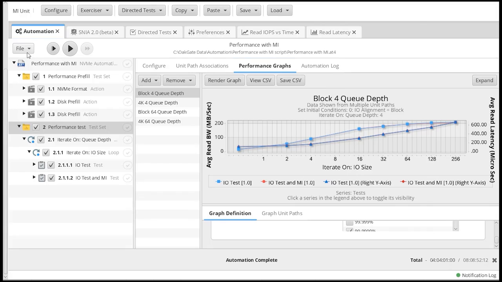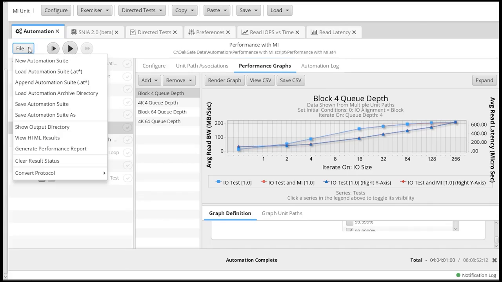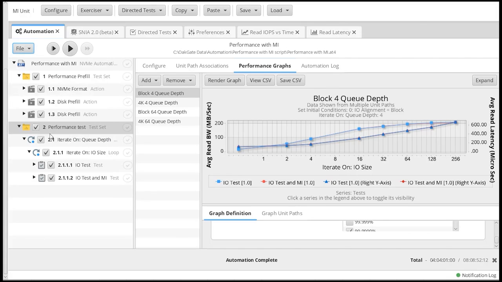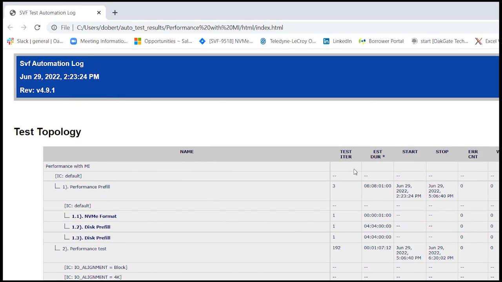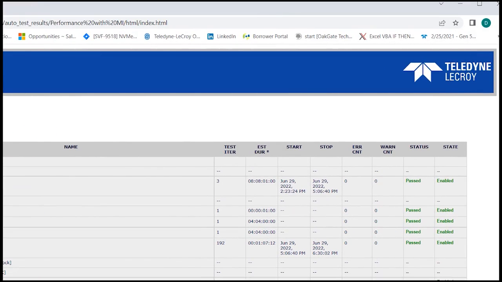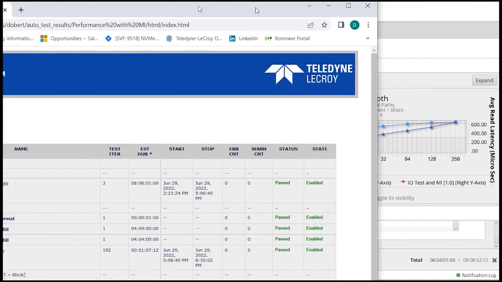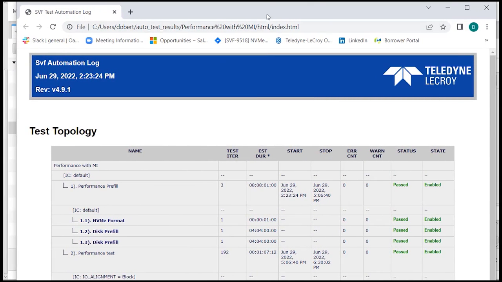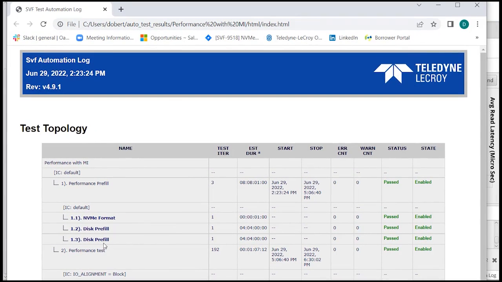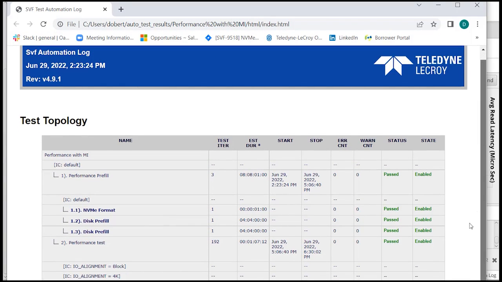The other way to get results is you're going to view your HTML results. This is the HTML tab. And you can see here that, let me pull this in. This gives me the HTML data, and I can go ahead and drill down into my test and be able to get all the results for a particular test.